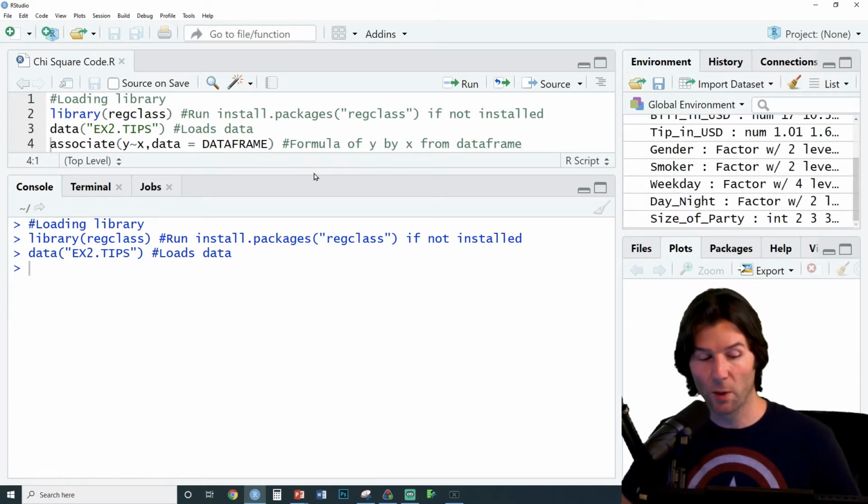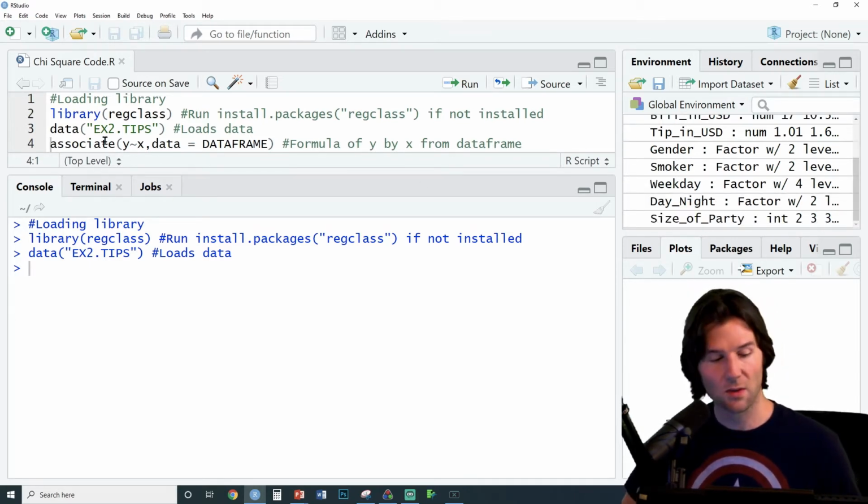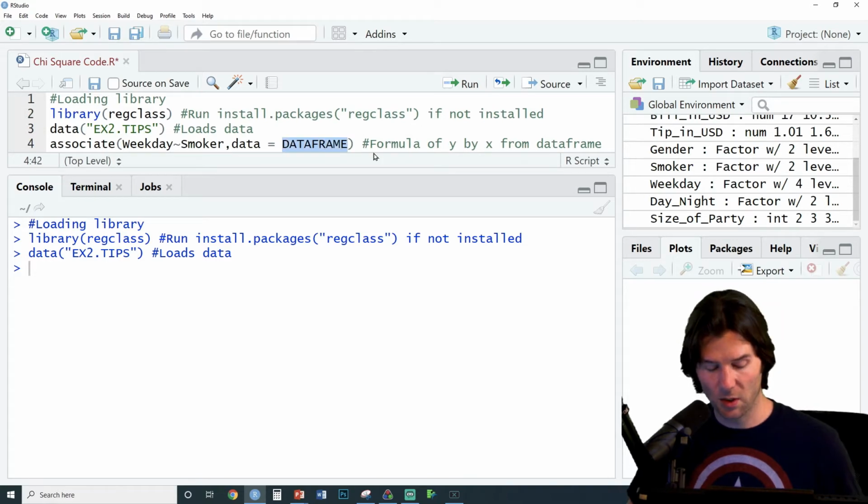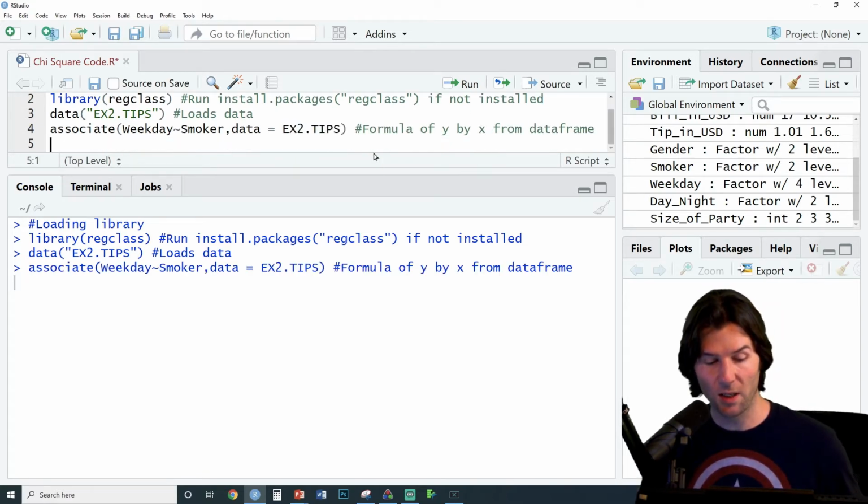The data has now been loaded to the global environment, and we're going to use two factors since they're categorical variables for the chi-squared test of independence. Let's predict what weekday somebody comes in based on whether or not they are a smoker. Along with this, we're going to enter in the name of the data frame right here,